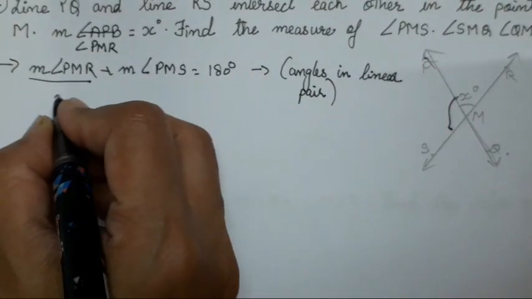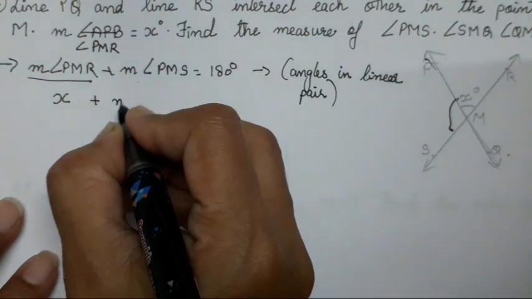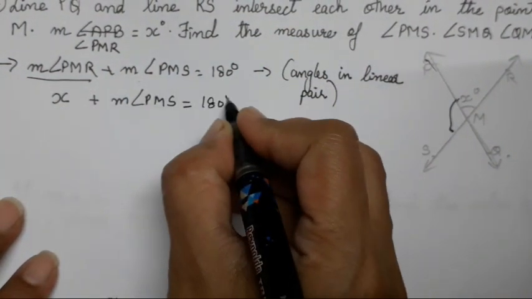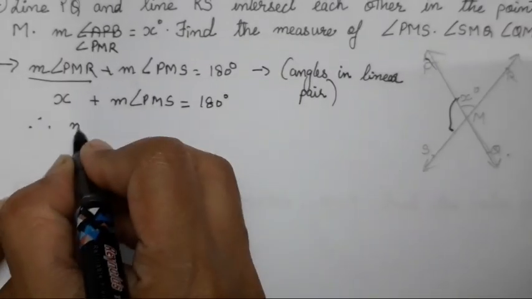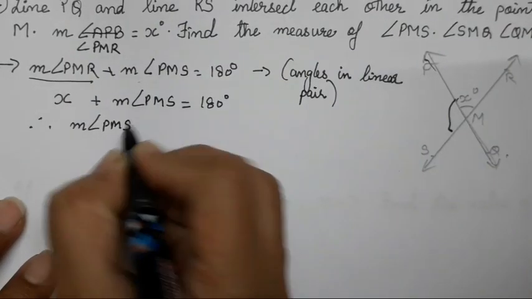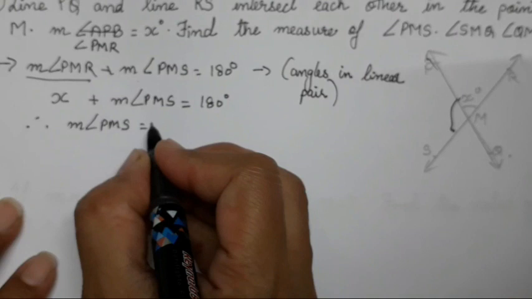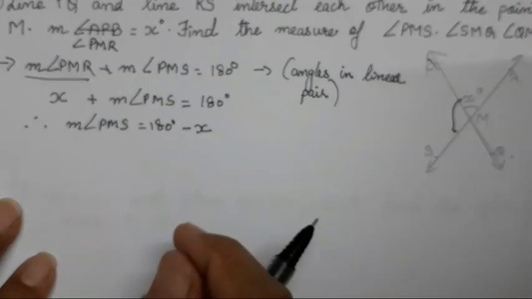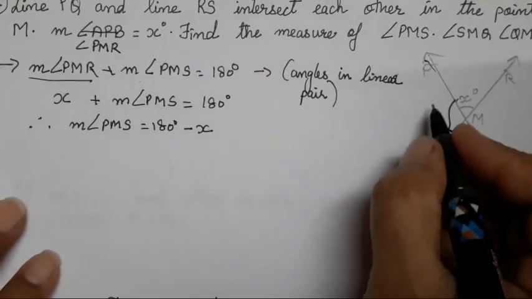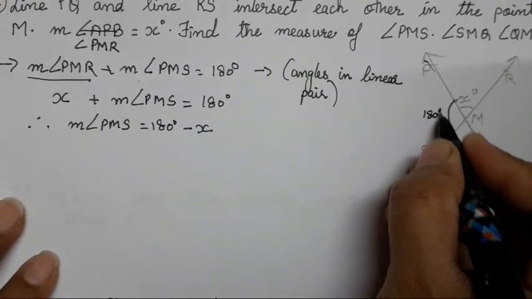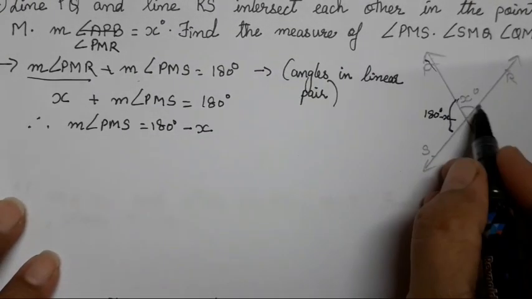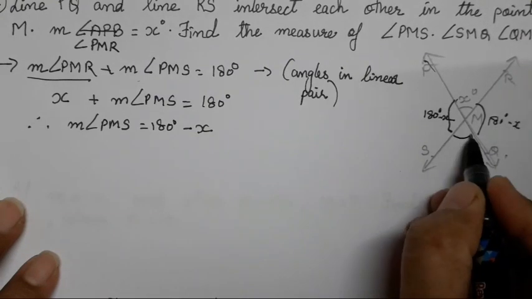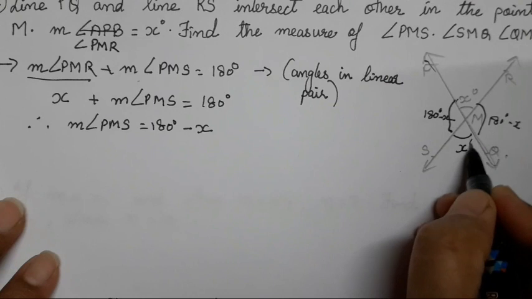तो इसमें से हमारे पास x है plus this we will be getting it right now and it is 180 degree. So therefore measure of angle PMS ये यहीं पे रह जाएगा, 180 अपने जगह पे रहेगा, but x is going to change its place and change to minus x degree. So ये कितना हो गया, 180 degree minus x. तो ये कितना हो जाएगा, 180 degree minus x. ये कितना हो जाएगा, because this is x, this will also be x degree.